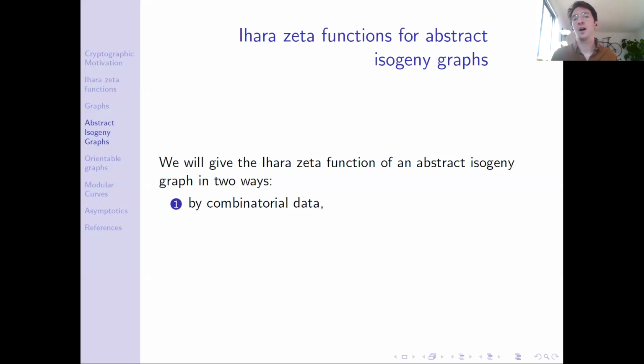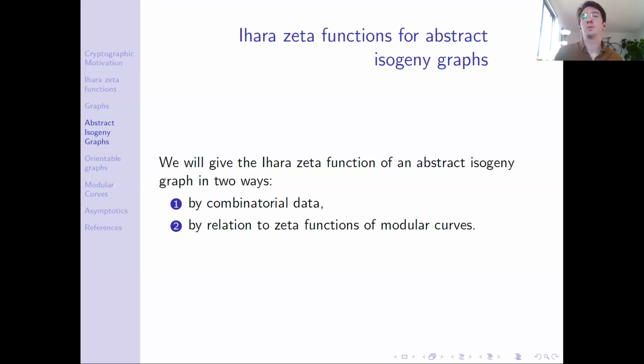This will look like that ratio of polynomials that we saw before, just a little bit more will be going on to capture the increased generality of these abstract isogeny graphs. And then the other is by relating the zeta functions of abstract isogeny graphs to zeta functions of modular